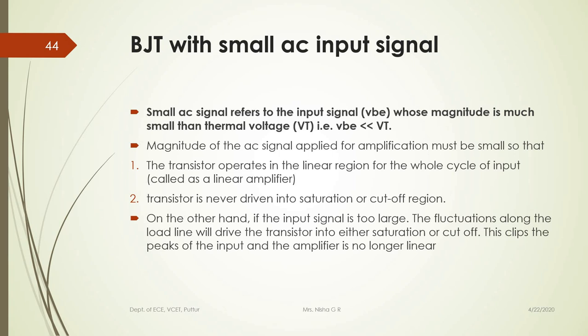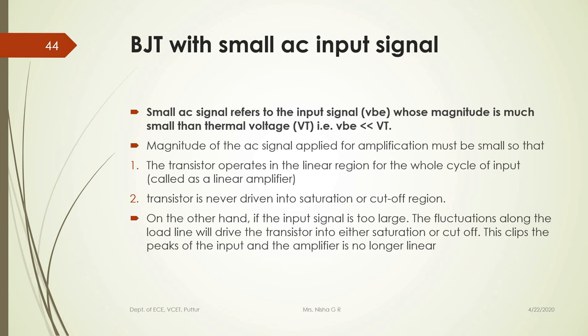Thermal voltage is not a readily measurable voltage between the semiconductor material, that is, it is not readily measurable between the base and the emitter. It has a value of 25 millivolt at room temperature. We know thermal voltage VT is equal to KT divided by Q, where K is the Boltzmann constant, T is the room temperature, and Q is the charge value. Next, VT appears in the Shockley diode equation, which shows the relation between the semiconductor diode junction voltage and the current.